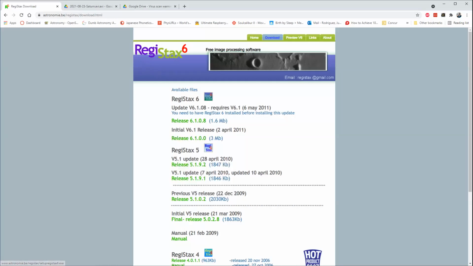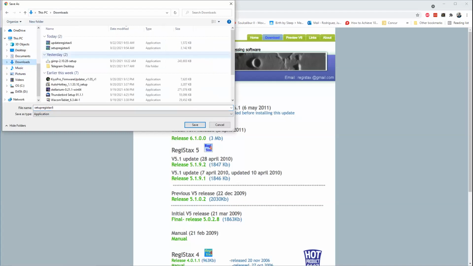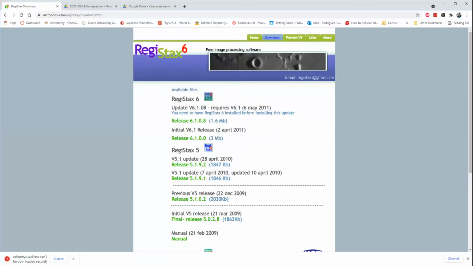When you do this, it'll pop up a place asking you where you want to save it. And maybe you put it in downloads, right? I've already got a copy in here. But if you do that, it will warn you. So at the bottom here,